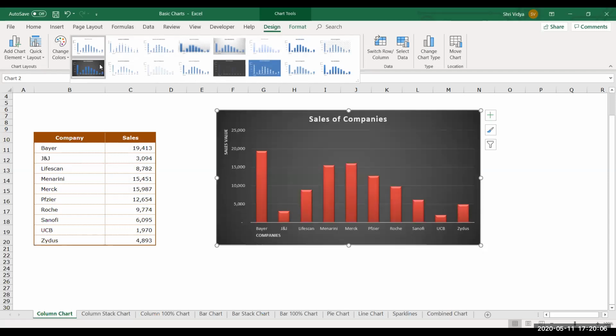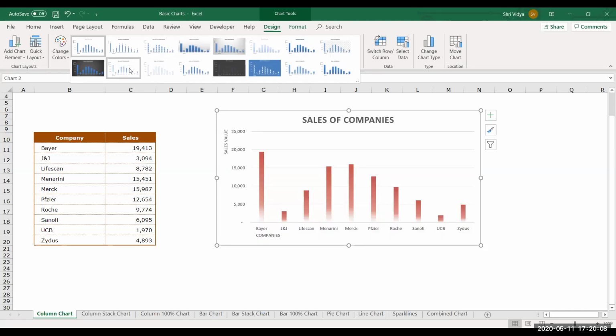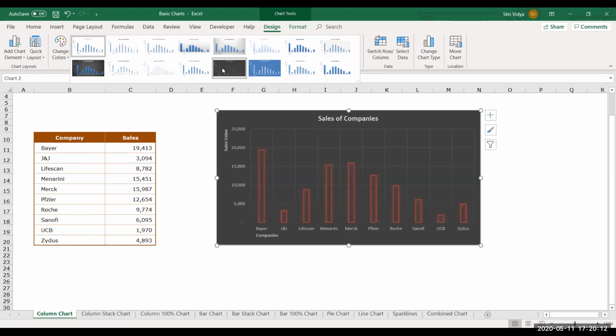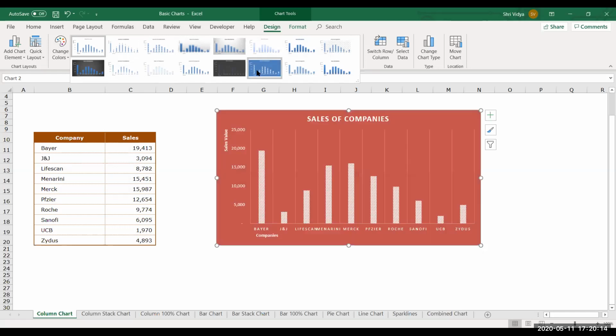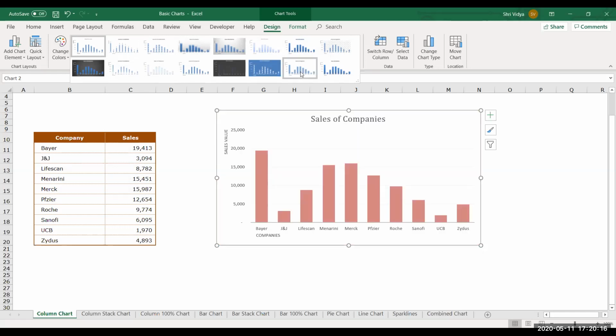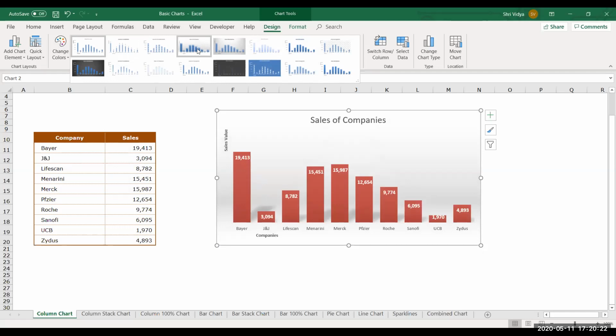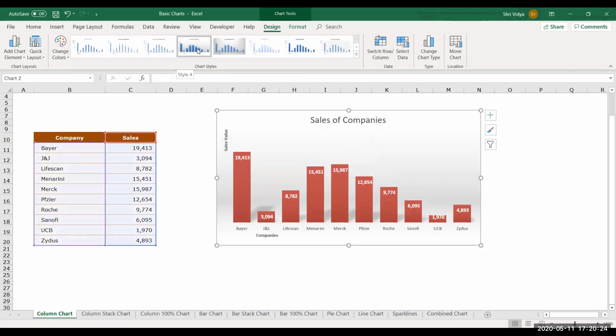So you have a lot of options here. You can choose from any one of these that you like and apply it. Now I like this one, so I'll just apply this. And you also have options to switch the rows and columns. Currently this is plotted on your y-axis and this is your x-axis. You can switch them over here.